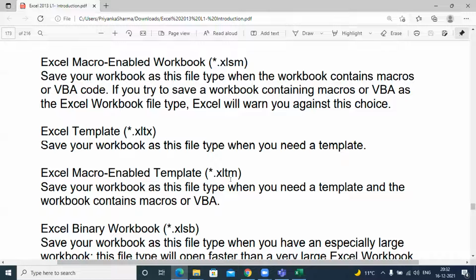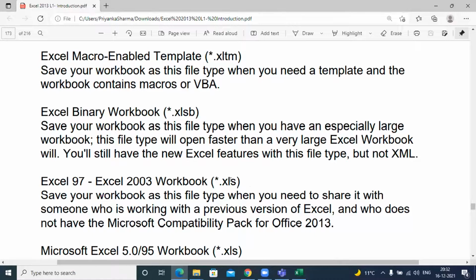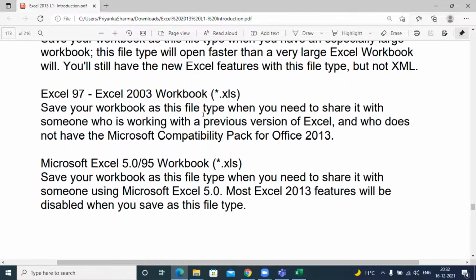You can have .xlsb, particularly when it is a very large workbook. This file will open much faster than your existing Excel. We've also got .xls, which is the older version, which you can store using Microsoft Excel 5.0/95 workbook.